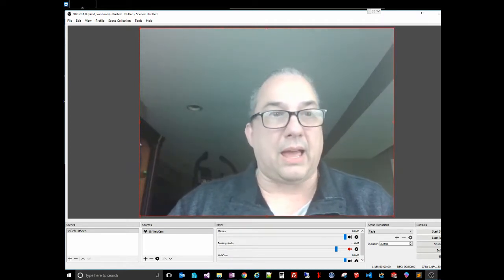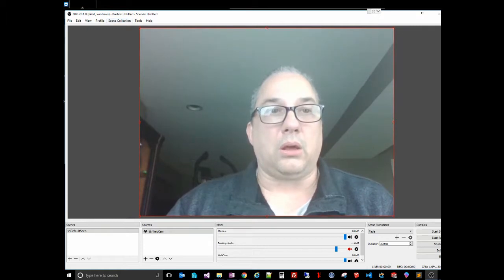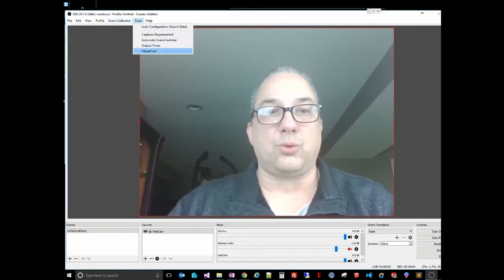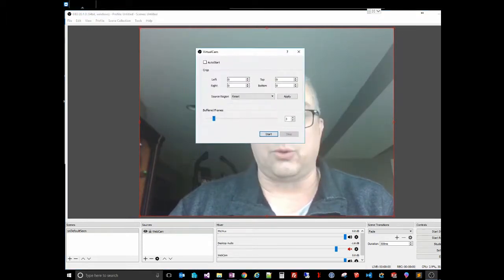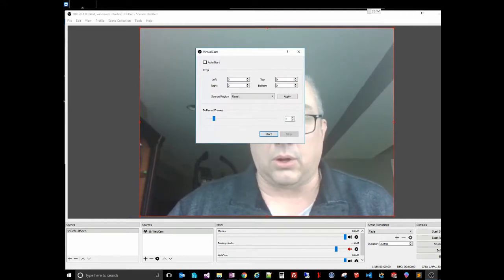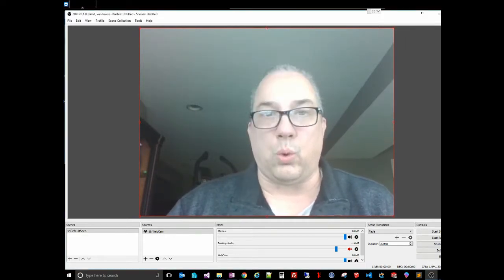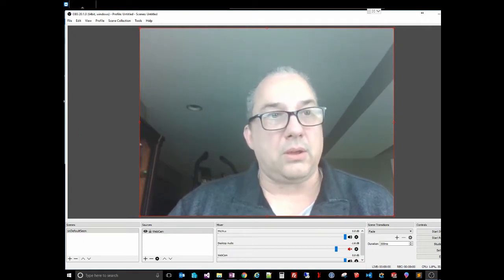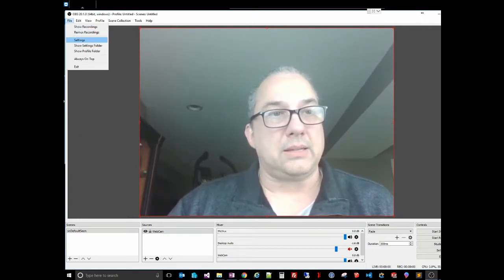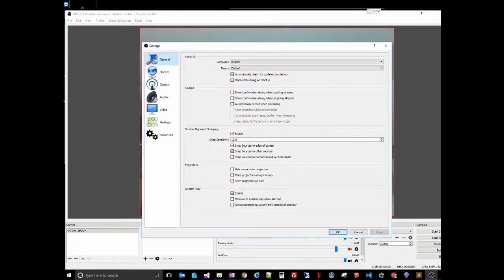Once you've done that, you want to also go up to your tools, virtual camera. This is the virtual camera plugin we would have just installed, and make sure it's stopped. If it doesn't say start, click the stop button. Stop it. So once the virtual camera is stopped, you go to File, Settings, and here's where we're going to